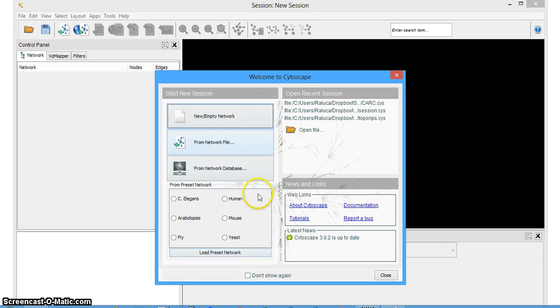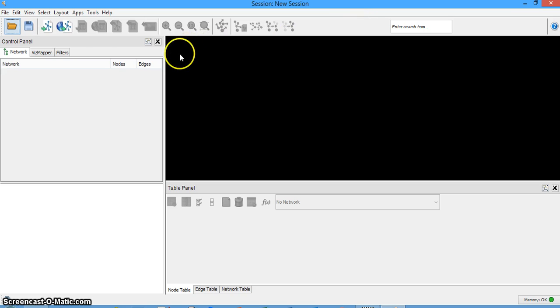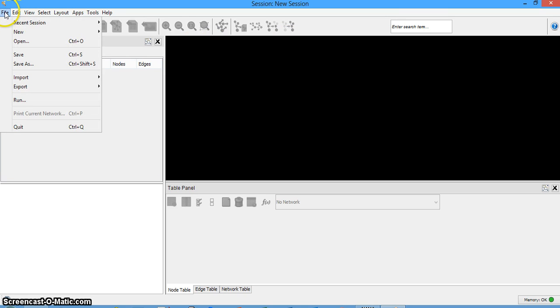So it'll give you the option to open things. I usually just close that and go over here to File,